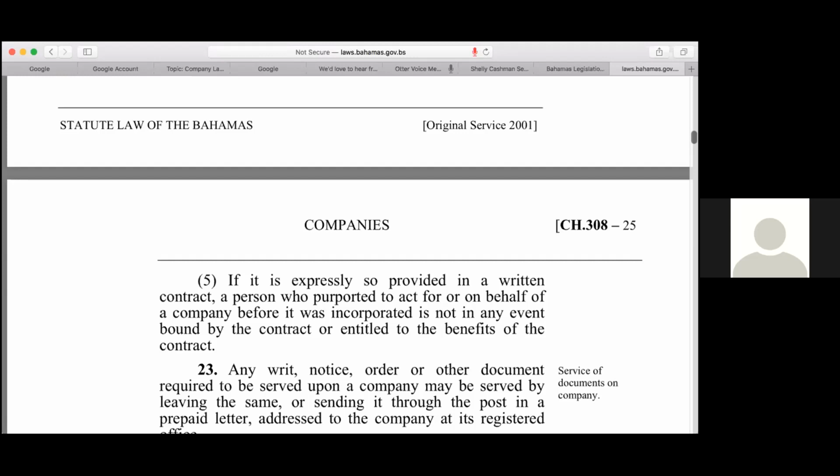But as in anything, in being a promoter, you have to be able to disclose an interest. So let's say you're a promoter and you have a painting company. You can't just go ahead and have your workers paint the building without disclosing to the company that I am going to hire my company. These are the quotes that I got and I can do it lower. Because the company itself has to agree that they're going to pay you.